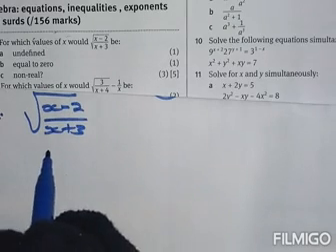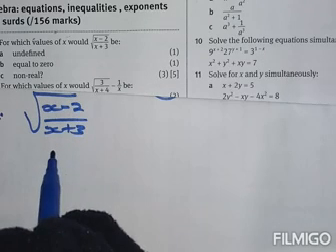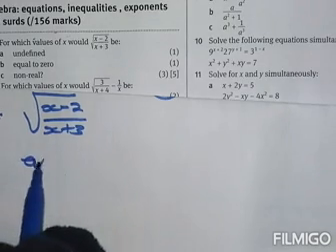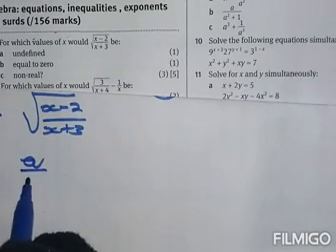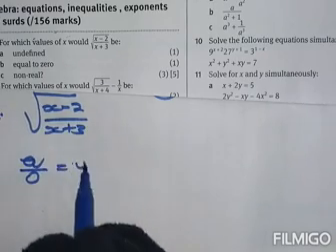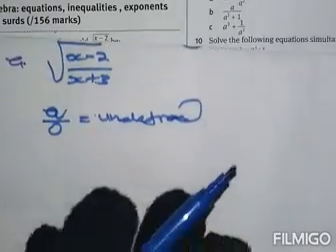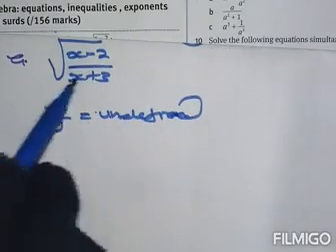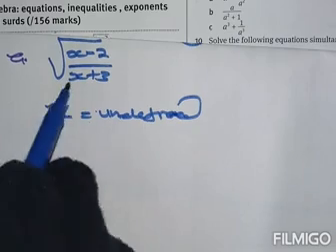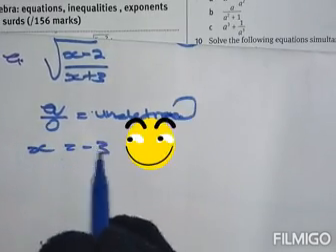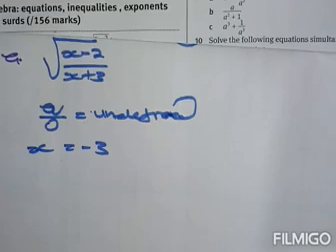We know from our previous summary that any mathematical expression can be undefined if we divide it by a 0. So any number or variable divided by a 0 will be undefined. So when will this be undefined? If our denominator is a 0, and this can happen if x equals minus 3. Then our b,